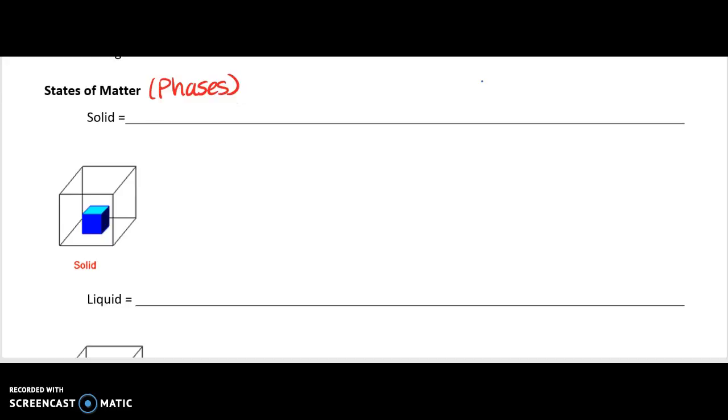All right, so the solid state has definite shape and definite volume. This means that the volume and the shape do not change. You can pick it up, move it somewhere else, tip it on its side. It will still take up the same amount of space, and it will still keep its shape. If I put this blue solid right here in a box, it's going to stay in its solid form. If I move it to the side over here, it's still going to be in that same shape, same volume, same amount of space that it takes up.